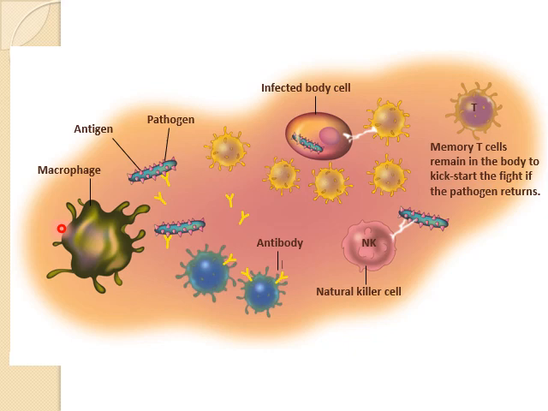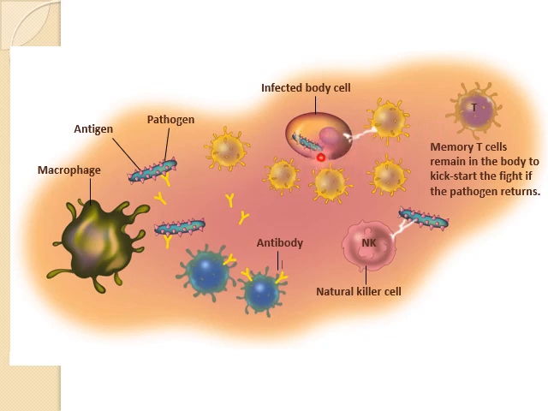Now, it's more widespread, obviously, because you're dealing with an infection as opposed to a torn soft tissue. So the response is more widespread, but it's still a similar idea. You get white blood cell activity and you get an inflammatory response. And the macrophages are still going to be responsible for phagocytosis. Here you see what's called a natural killer cell. So they're an immune cell that goes around and destroys pathogens as well. Here they're showing an infected body cell, and they're showing the interaction with what we'd call